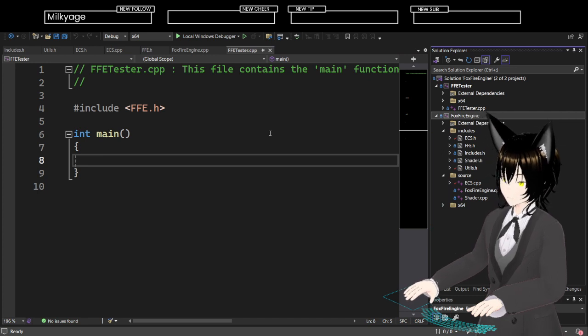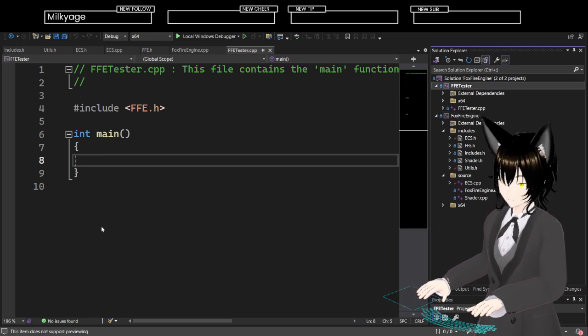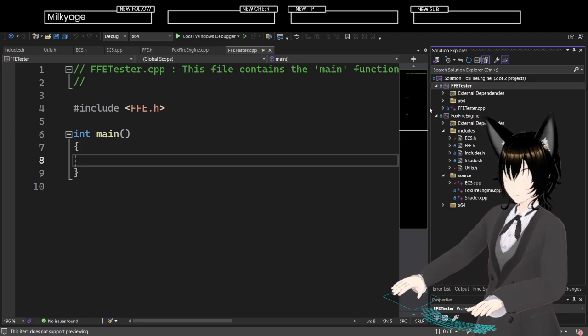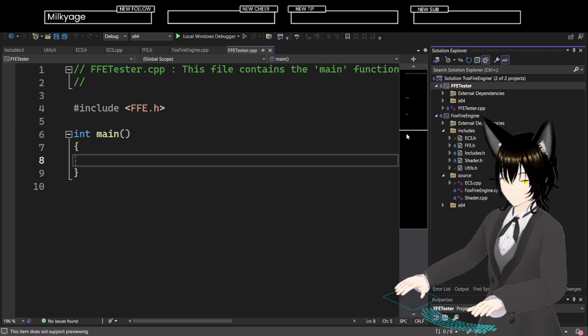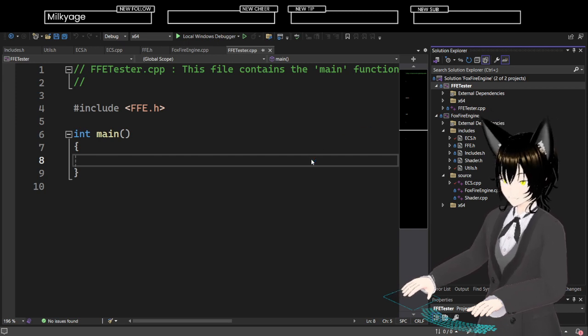Solution Explorer, okay. So in the FFE tester, I also need to have these includes? Yeah, I do, okay. That's kind of a problem. I'm not too terribly happy about that.